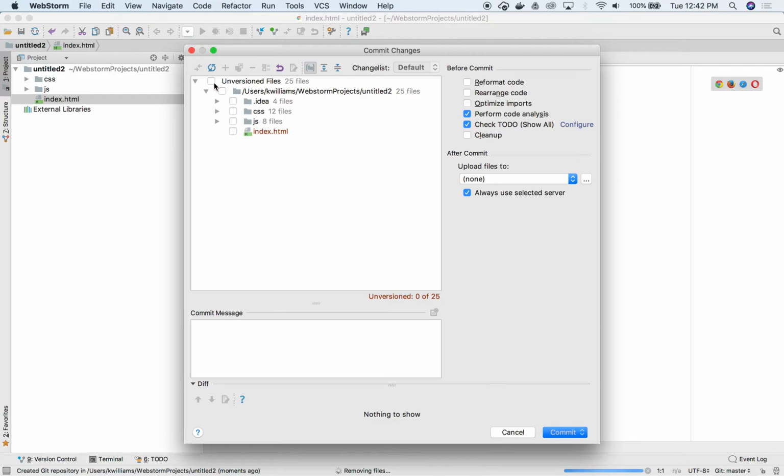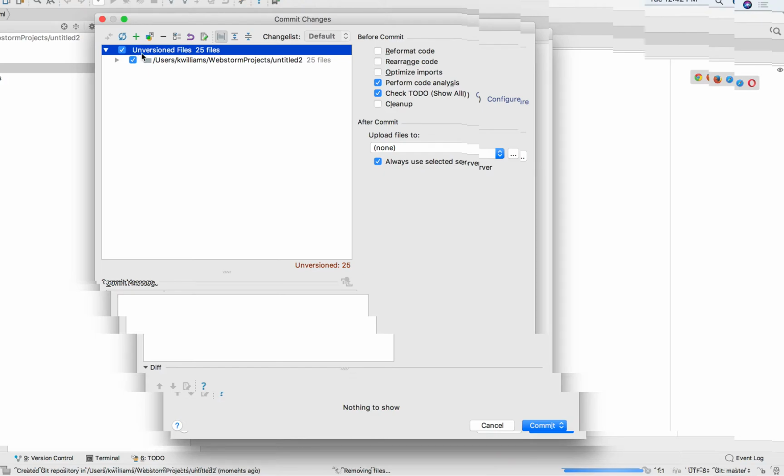It's going to be adding them because they're unversioned. So what I need to do in this case is check the unversioned files dialog. Let's see if we can make it a little bit easier to see. So I check unversioned files and I pick out everything,